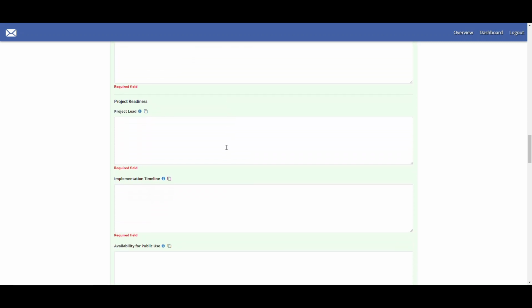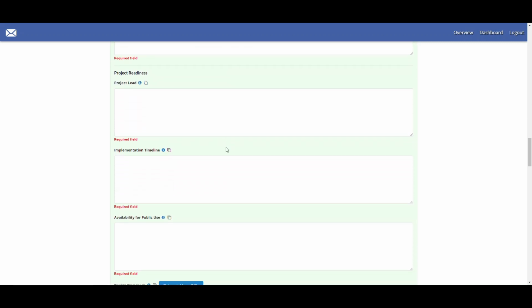All right, now you're moving to the project readiness section. This is important for your scoring. Take a look and make sure you spend some time on this. Tell us how your project is ready to go. How is it shovel ready? And how can you assure us that your project is of reasonable scope, reasonable budget, it is implementable, and that